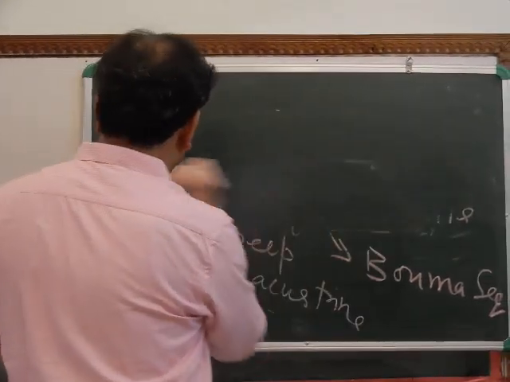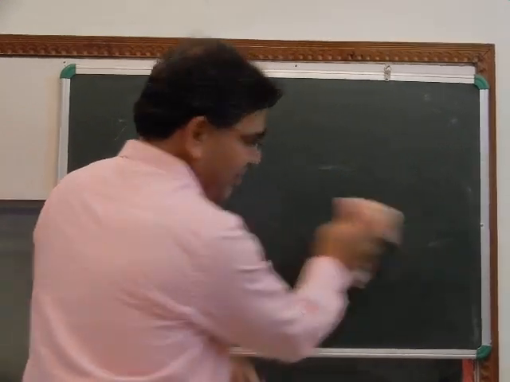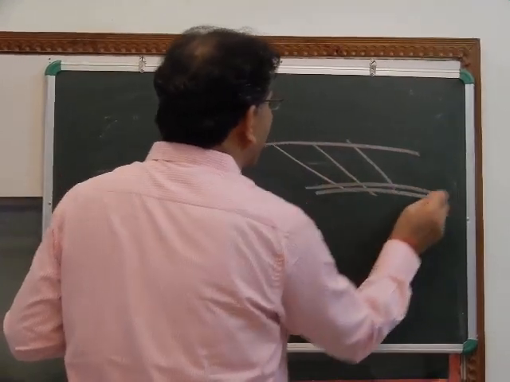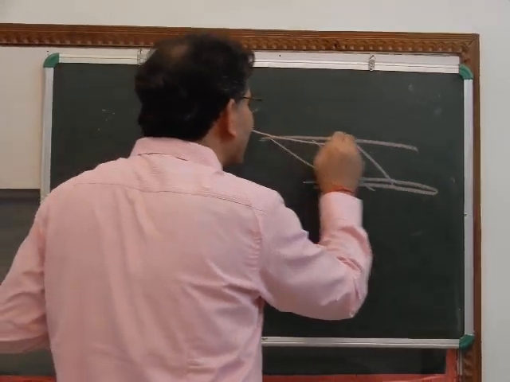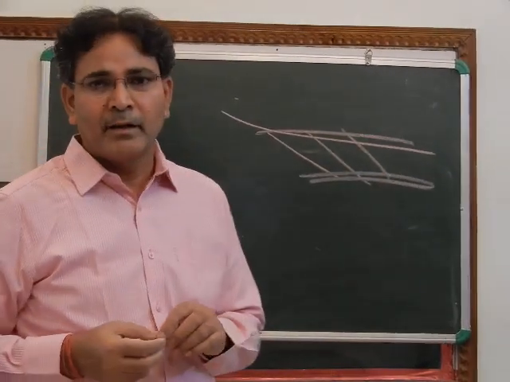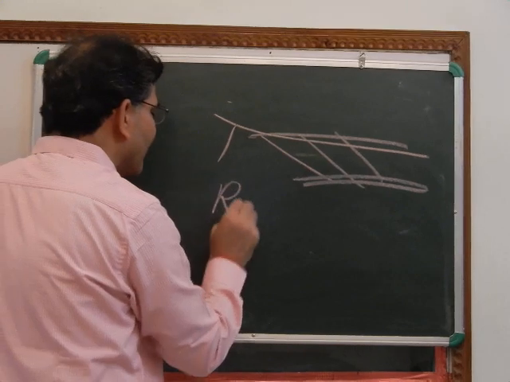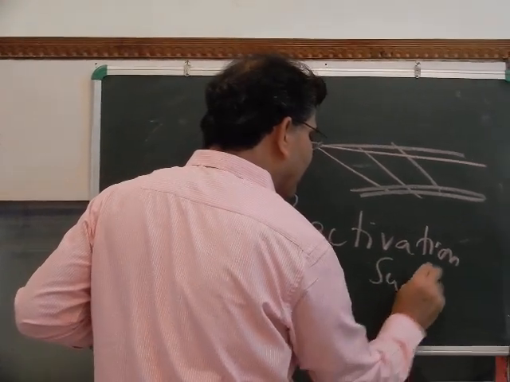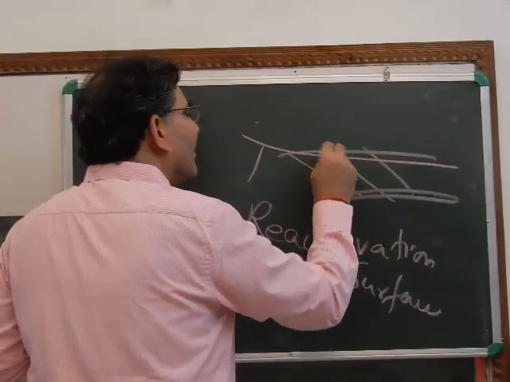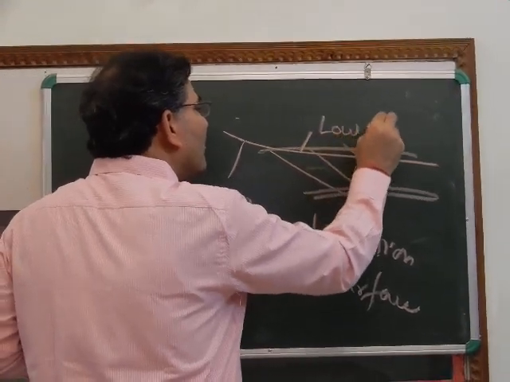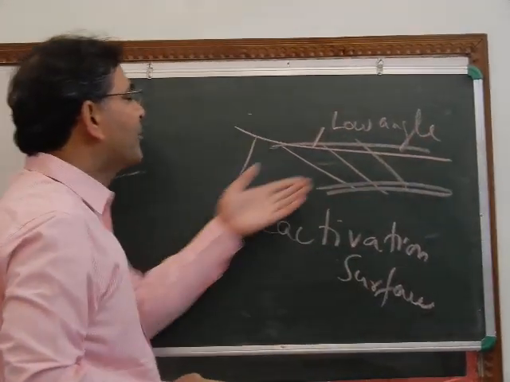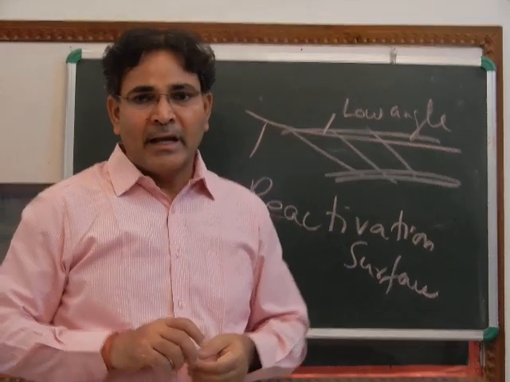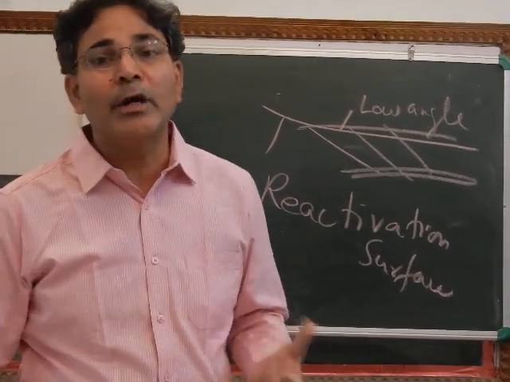All these things are very, very common. Sometimes what happens is that this is the cross bedding and one layer is deposited over this like this, it erodes. This is known as reactivation surface, means the very low angle beds which cut the foreset laminations of the cross bedding are known as reactivation surfaces. Generally they are erosive surfaces.